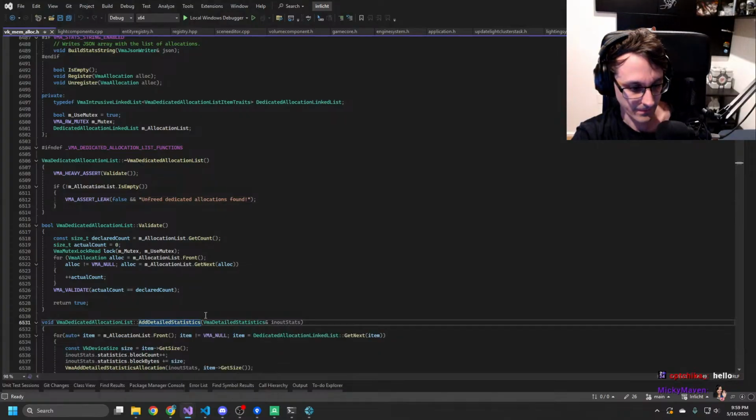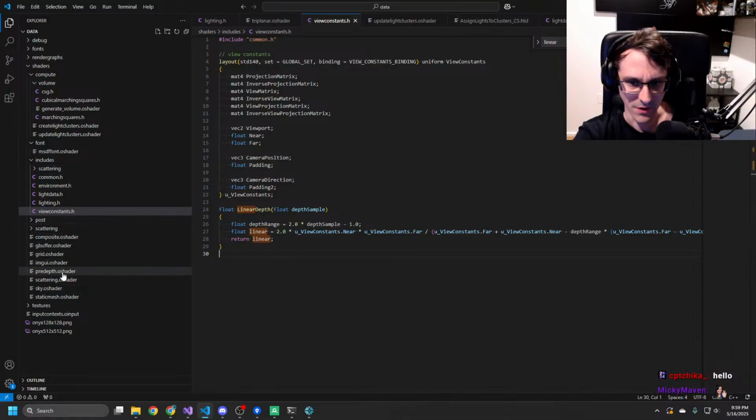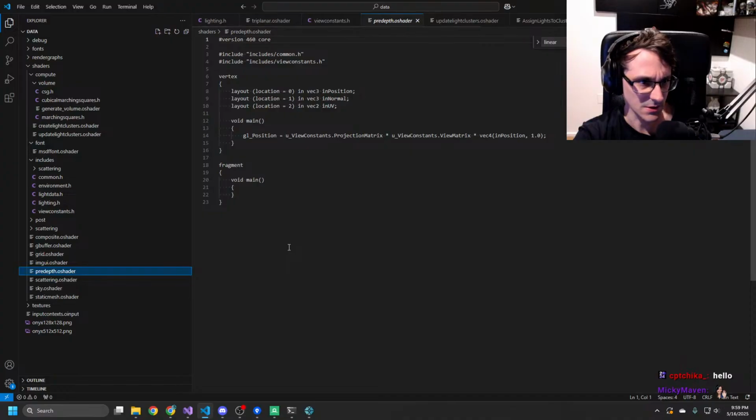Hold on. Maybe I'm writing garbage into the depth buffer. No, that looks fine.